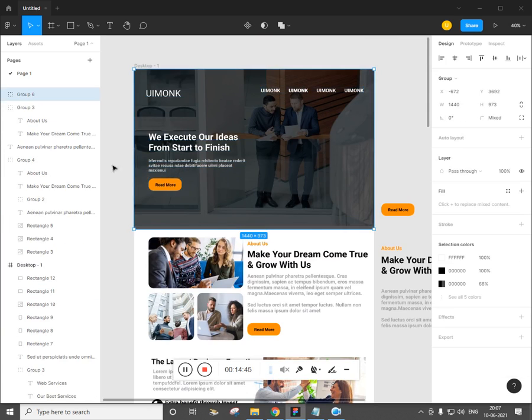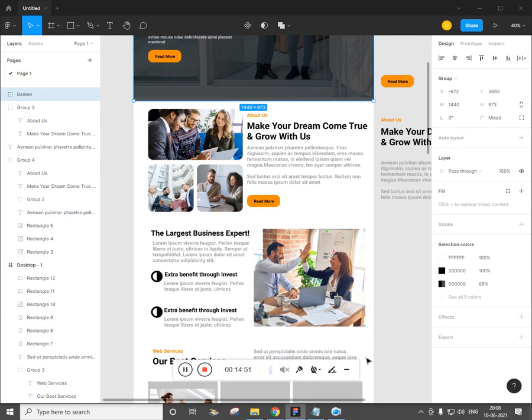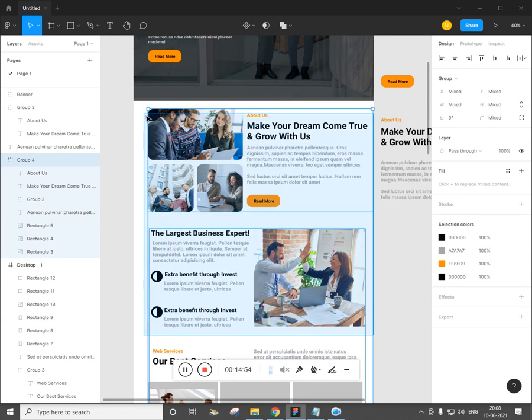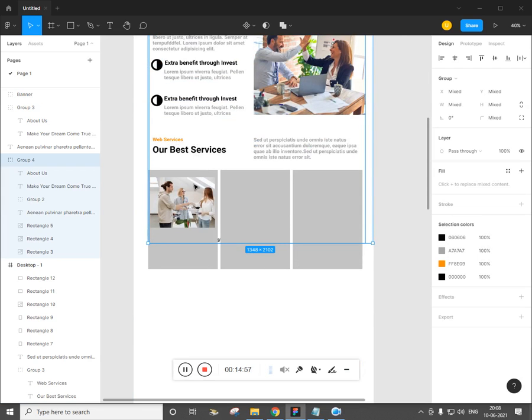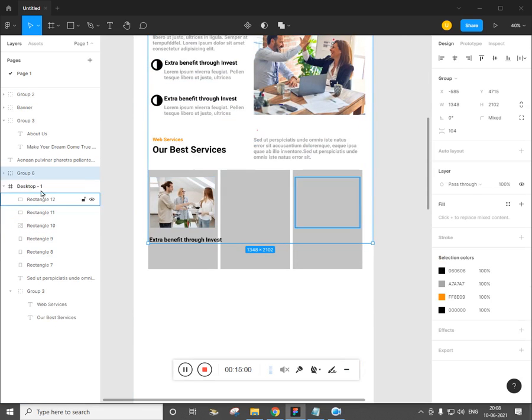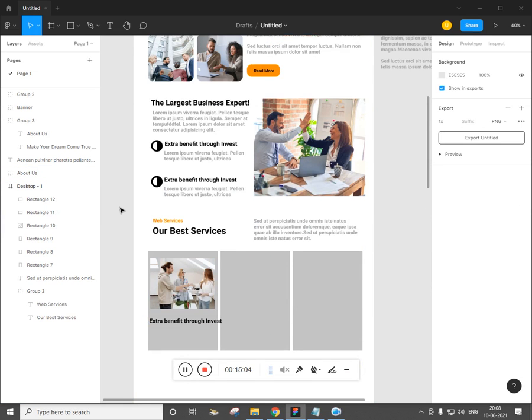Select all, control G, and make this as banner. Select the whole section, control G, and call it as about us, and fine, now we are almost there.